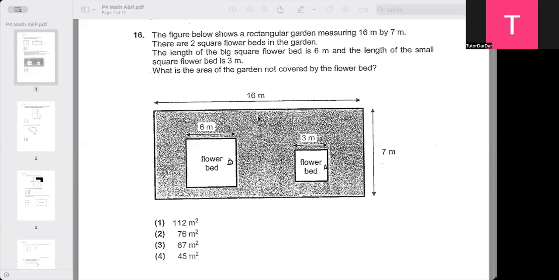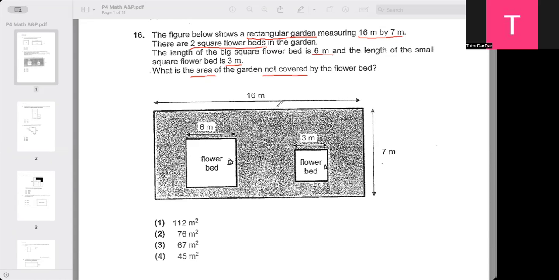The figure below shows a rectangular garden measuring 16 meters by 7 meters. This is a rectangular garden. There are 2 square flower beds in the garden. The length of the big square flower bed is 6 meters, and the length of the small square flower bed is 3 meters. What is the area of the garden not covered